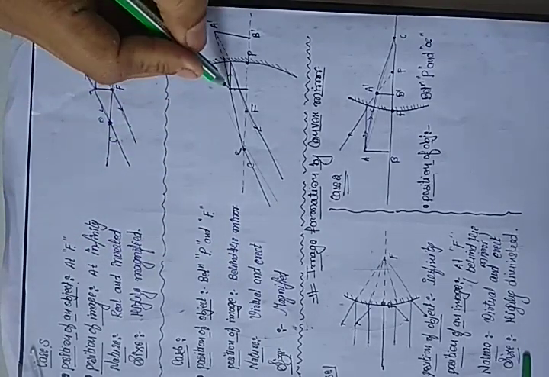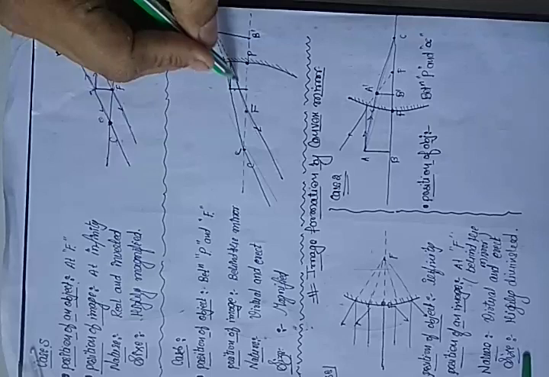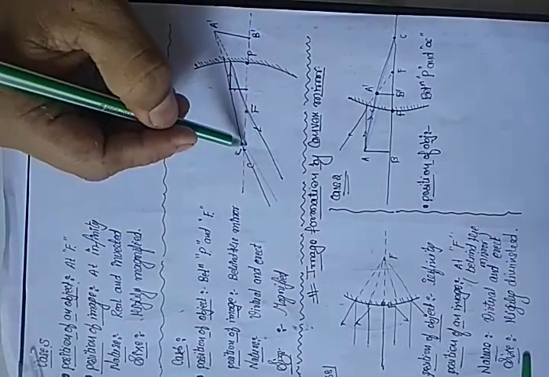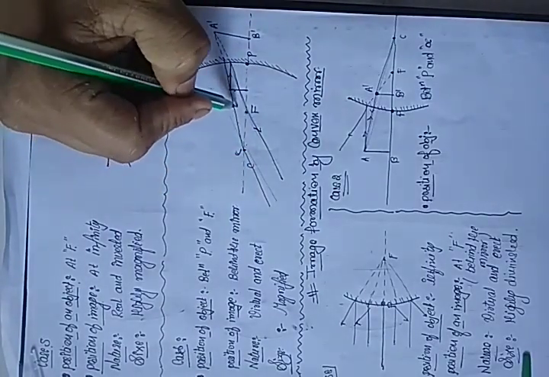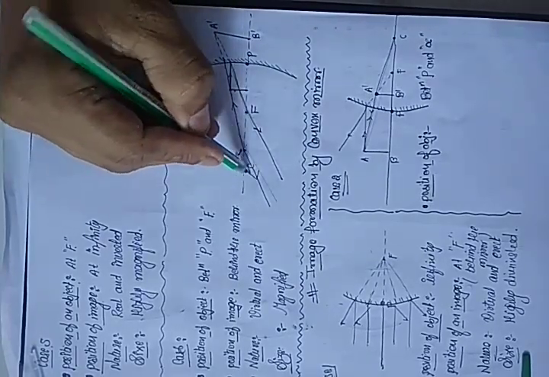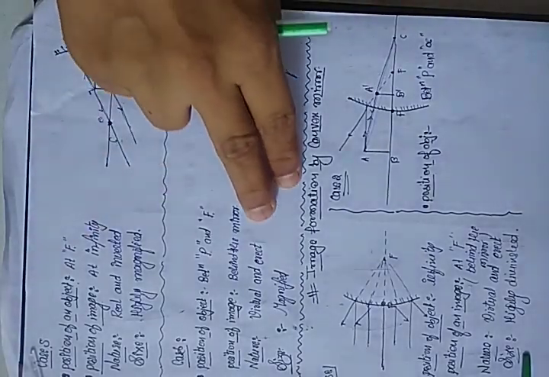See, now rule number 1, first rule, parallel to focus. Okay, now second rule, rule number 3, center, a ray of light incident at center, it will reflect back through center. Now see, these two are parallel, they will never meet in front, because in case number 5 we saw that both are parallel, they will never intersect. So I can say, take these two lines behind the mirror. See, this is ray number 1, this is coming behind the mirror, and this is pole, both will meet behind the mirror.